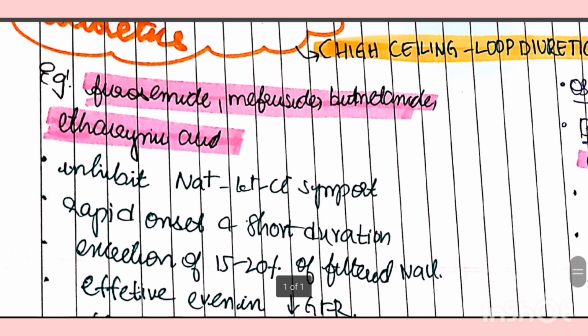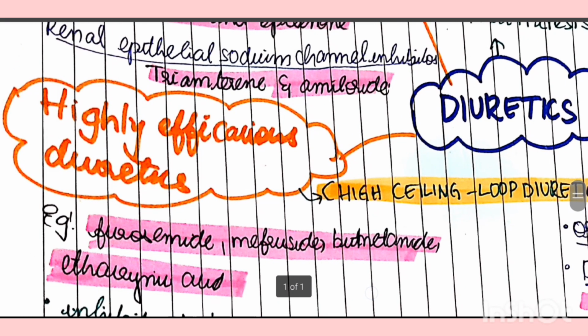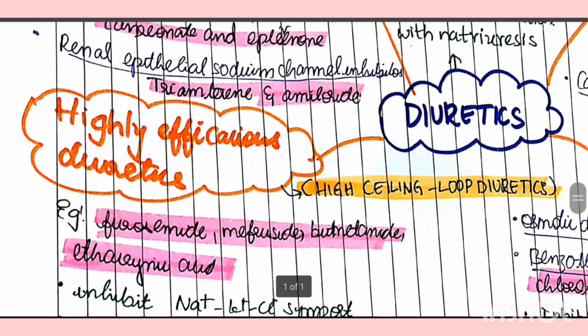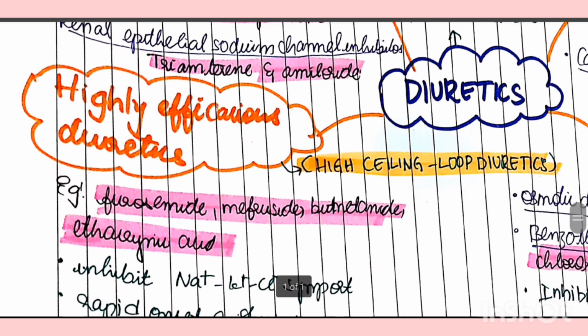So in this we had O for osmotic and B for benzothiazides. Coming to the third type, it is highly efficacious diuretics. Instead of saying highly efficacious, we can say high ceiling loop diuretics. The common drug which we find in the wards is furosemide. We find it very common in all kinds of wards, especially in the urology ward. Furosemide is a loop diuretic, and other examples are mefruside,